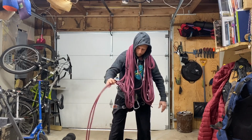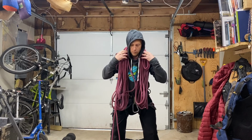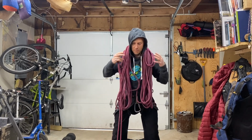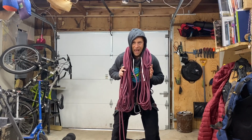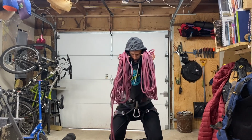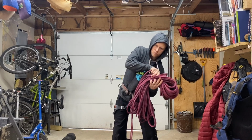Now, we have these strands right here. So what do we do? Well, see the hole that my neck is in? So the rope is here, and my head kind of makes a hole around the rope, okay? So I'm going to have to get my head out of this thing. So this is where it gets a little tricky. All right, I'm going to take my head, pop it out,